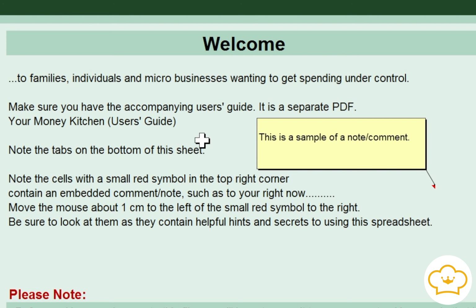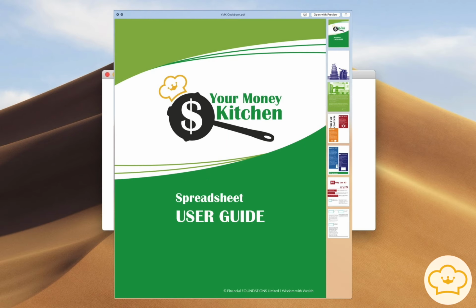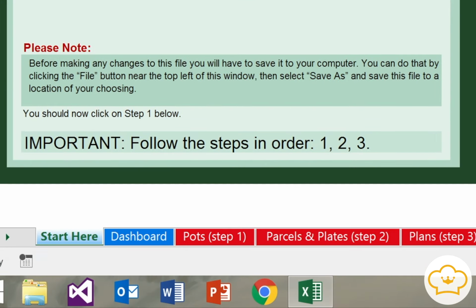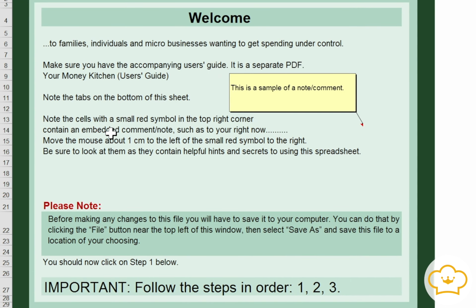Now, before we can do anything else, I want to point out that there's a user guide, your Money Kitchen user guide, and also there are tabs on the bottom of this spreadsheet, and all of them are significant. And there are little cells. This is a comment cell with a little symbol there that will help you take notes